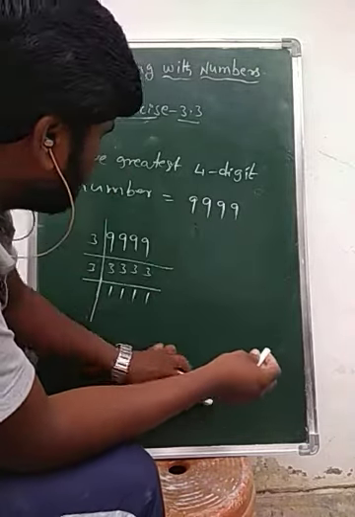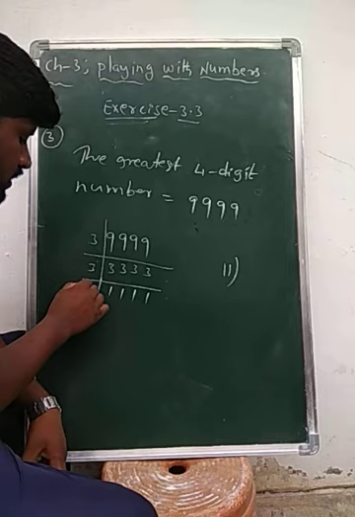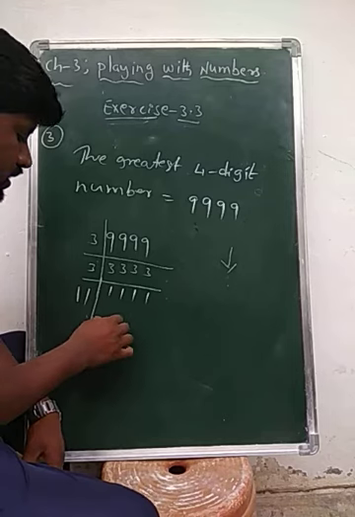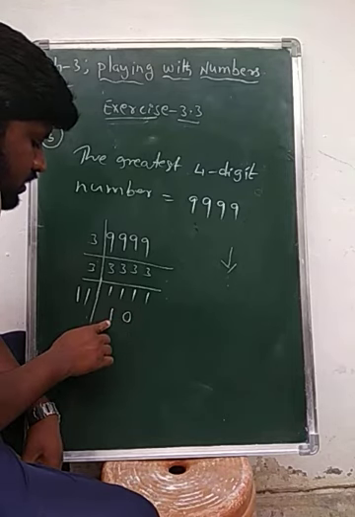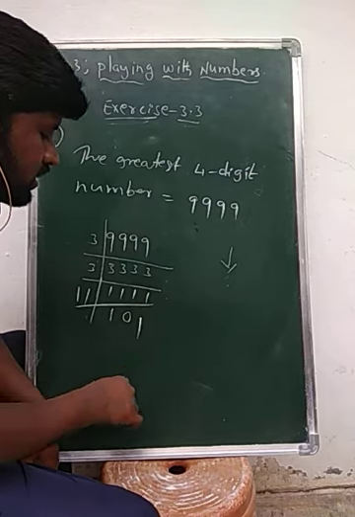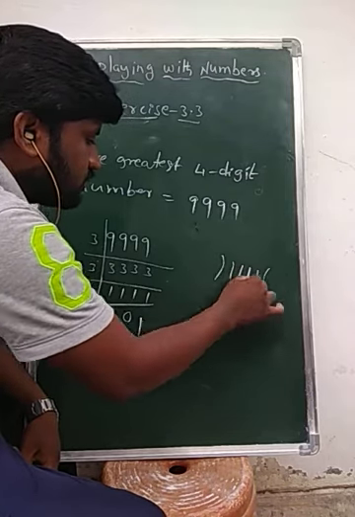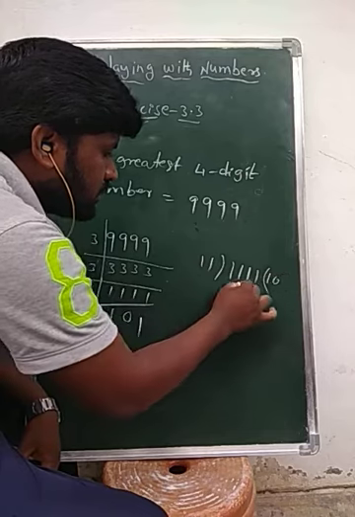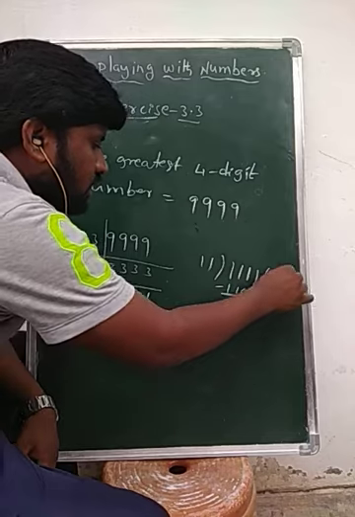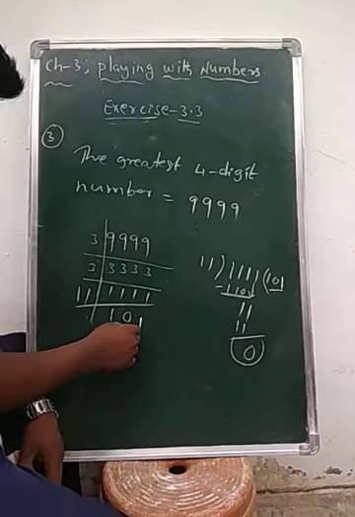Next, one more prime number, 11, let's check, is it possible or not? Yes, 11 clearly becomes possible. Like this, we should check only prime numbers. 11 tens are 110. Here 1 is there, here 1. 11 ones are 11. So like this, 1111 using the 11 table. 11 tens are 110. So we get 1 and carry down again 1. 11 ones are 11. So clearly we get remainder 0, and 101.